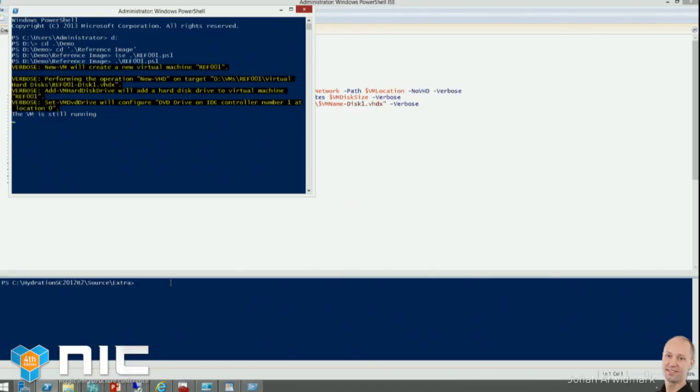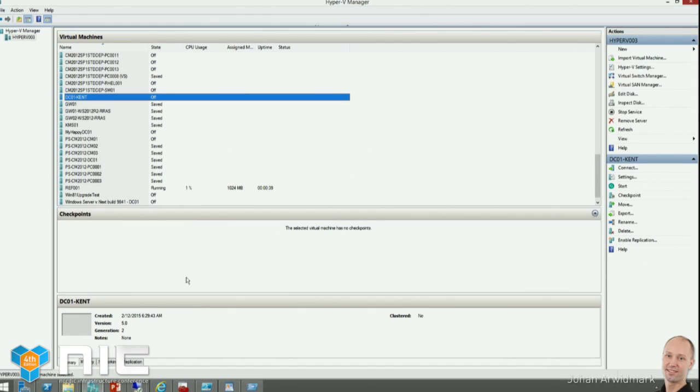So the end result for running this PowerShell script is I have a WIM file on my server that is ready to be deployed in production with ConfigMgr, with Lite Touch, with whatever you are using, VMM, VMware, whatever. Well, if you're using VMware or VMM, you take this WIM file and you apply it to a disk so that you can clone that one later on. But it's the same WIM file, and that's the point. So this will run for about an hour, so I'm just going to kill it, but that's the main thing with this